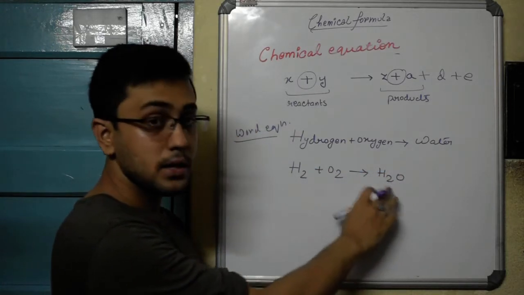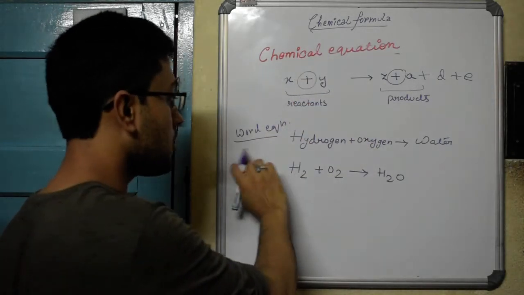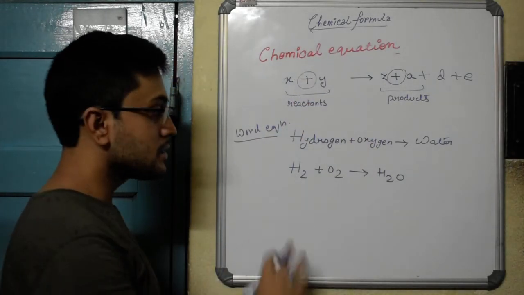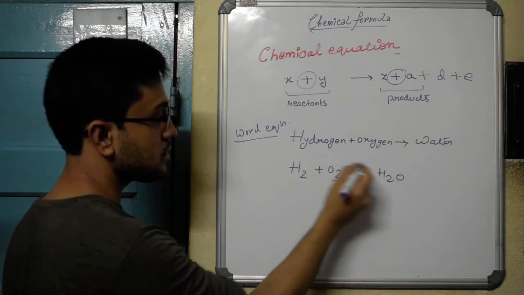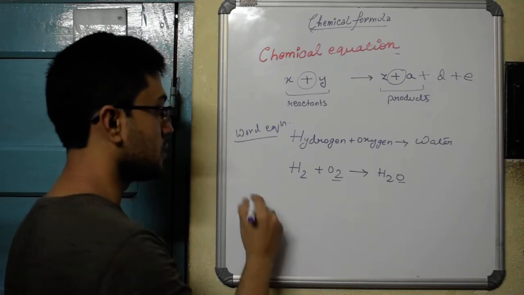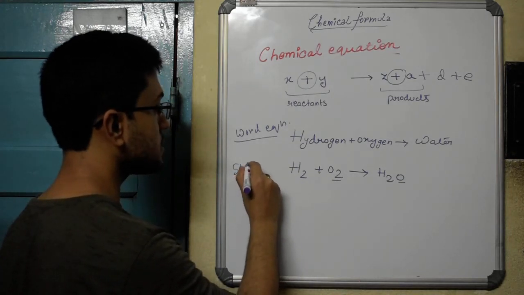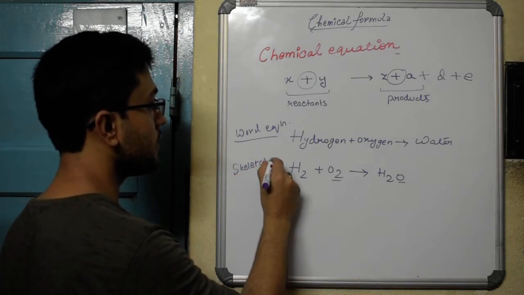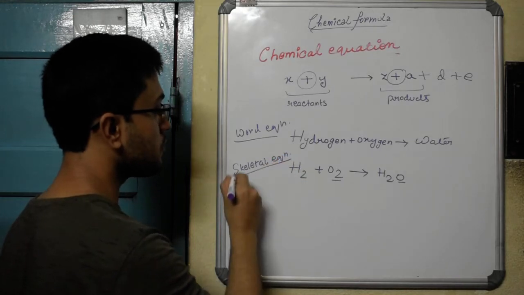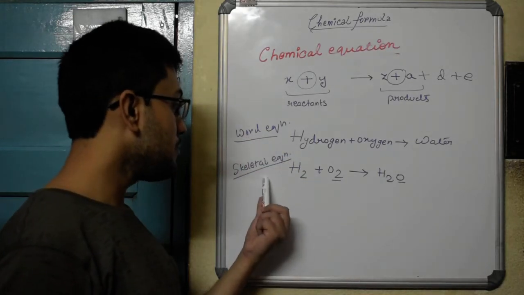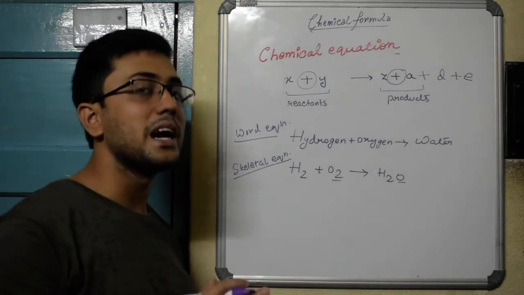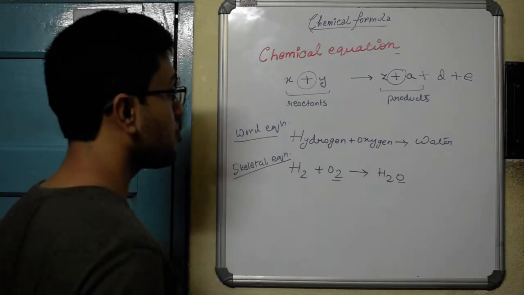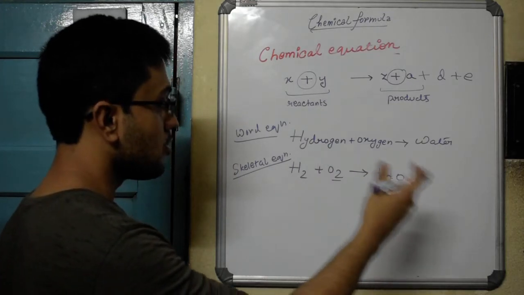So in this reaction I have used chemical formula, so this is not a word reaction. But you see, it is not balanced. On the left hand side we have two atoms of oxygen, but on the right hand side we have one atom of oxygen. So this kind of chemical reaction or equation, where we use the chemical formula but we do not balance it, is known as an unbalanced equation or skeletal equation, which means it gives a basic idea of what's happening. Now if I go a step further and balance it, what will it look like?